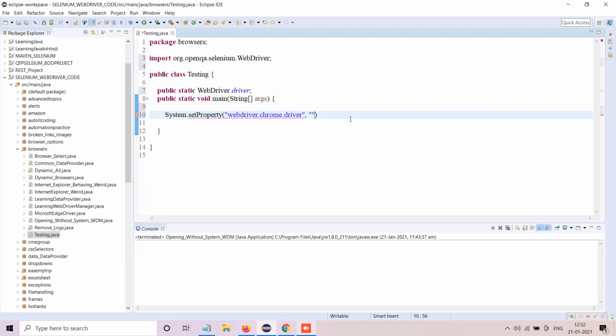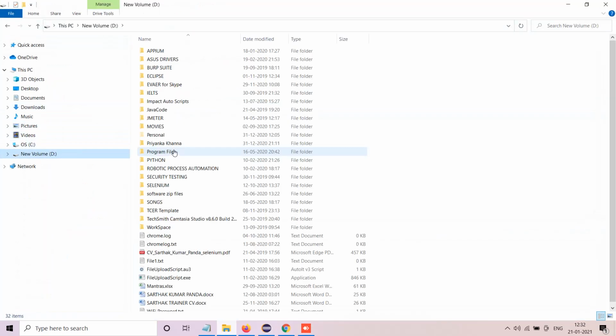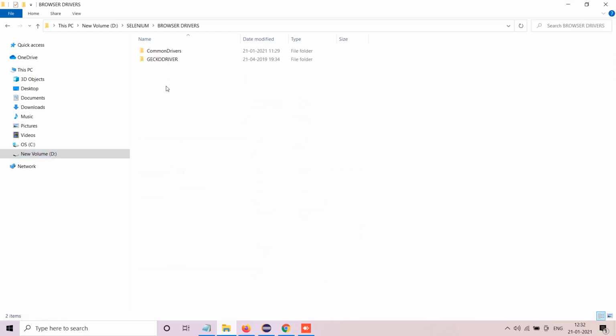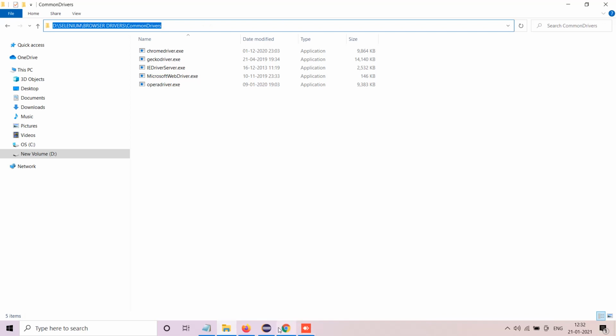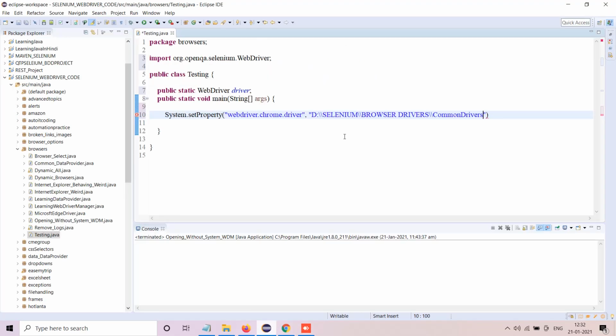Right? So this is what we used to do. Let me go ahead and do it again. So you used to go here, and wherever you have kept your browser, this is the traditional way of doing things. So I'll just go here, copy this particular path, come back to my Eclipse and paste this, and I'll give chromedriver.exe, and then this used to work fine for me.